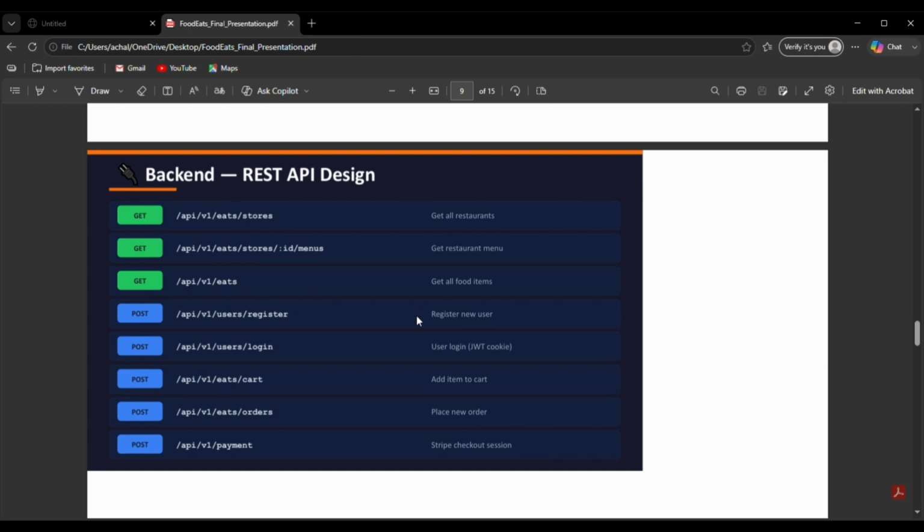Let's move to our slide 9, backend REST API. Now let me explain the backend API of the food app. The frontend communicates with the backend using REST API. Some important API endpoints are: